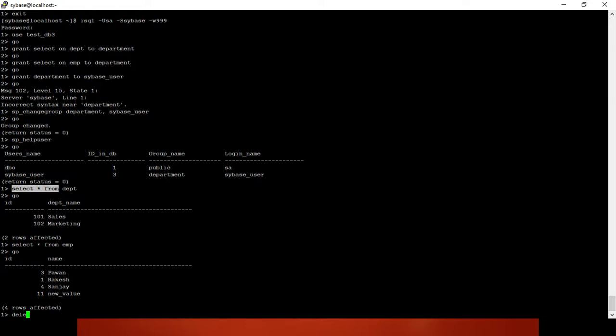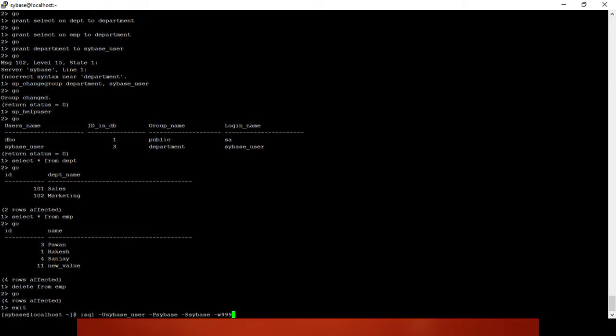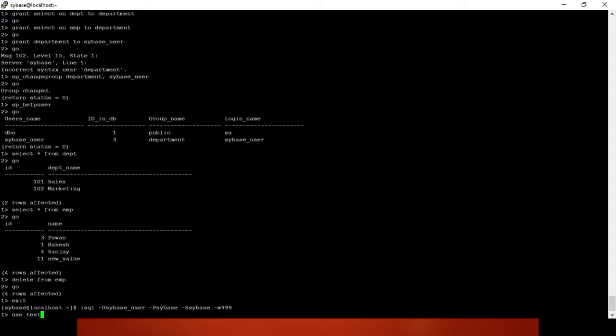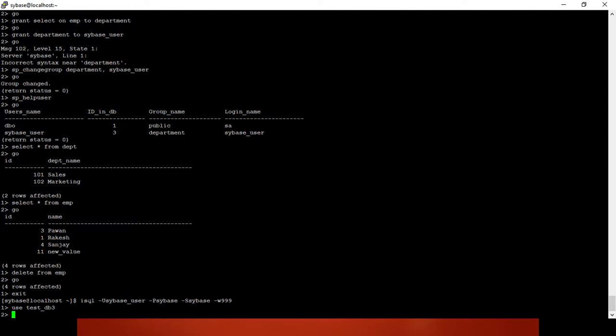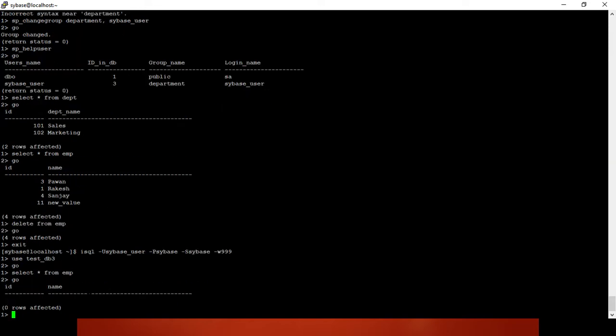If this user wants to delete anything, delete from emp, it can't. Oh, this is connected from my user. Use TestDB. Now select from the emp table.